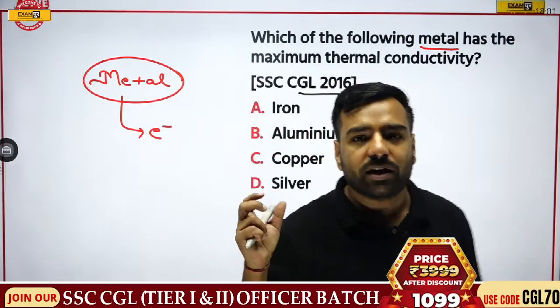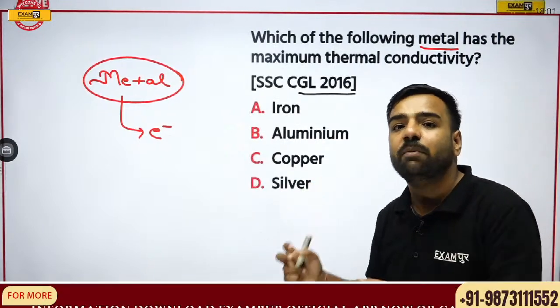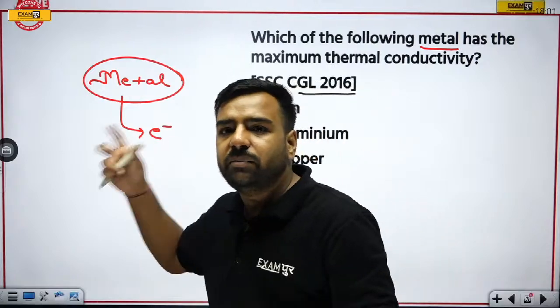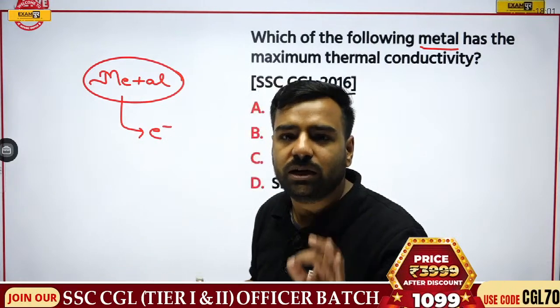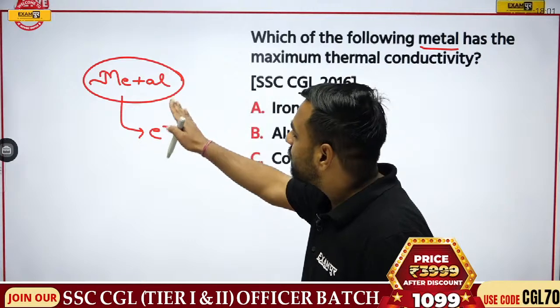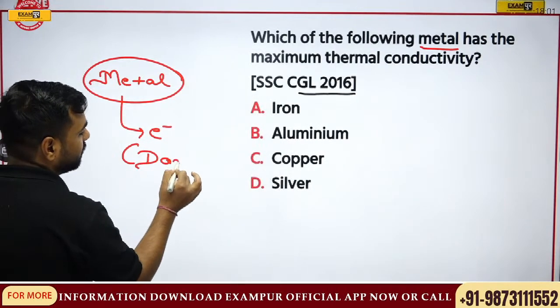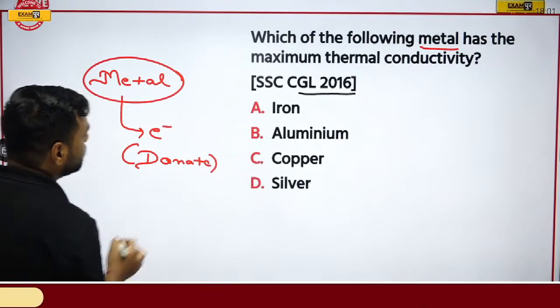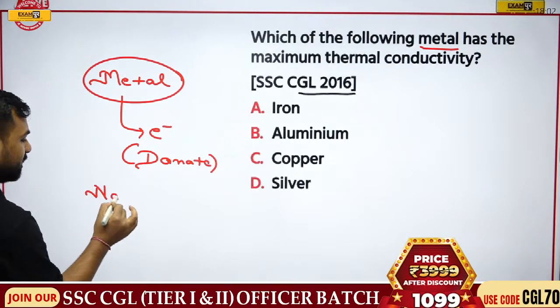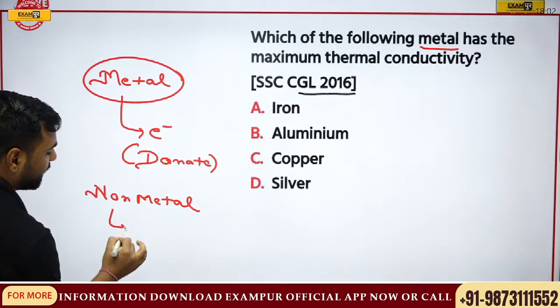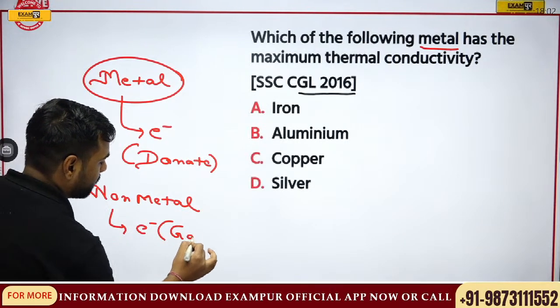Now what is the meaning of this donation of electrons? How many electrons are actually present there? What all elements are there? One by one we'll be discussing everything. But right now, the only important thing you have to remember is, metals are the ones which donate the electrons. I'll write here, it is asked in the examination. That is, metals donate electrons, and non-metals are the ones which are actually gaining electrons.